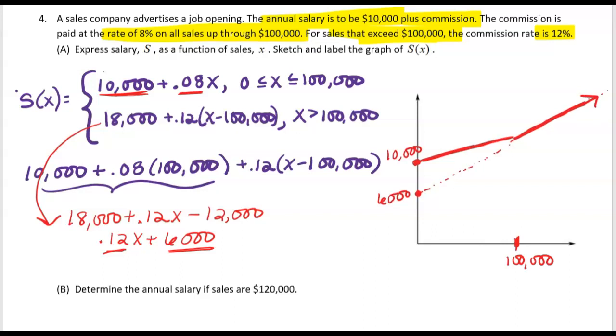Okay, and so right there at that x value of 100,000 is where the slope of the line changes just a bit. So now I can go back and erase this part here, because that's not actually part of the final graph. All right, so now let's talk about